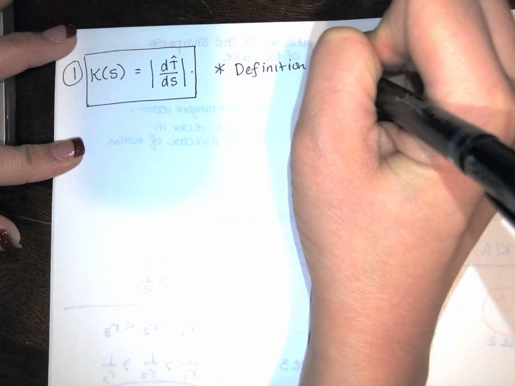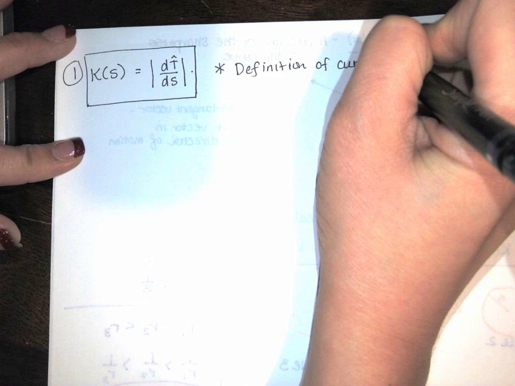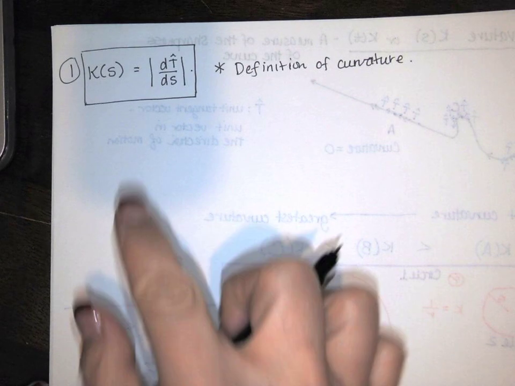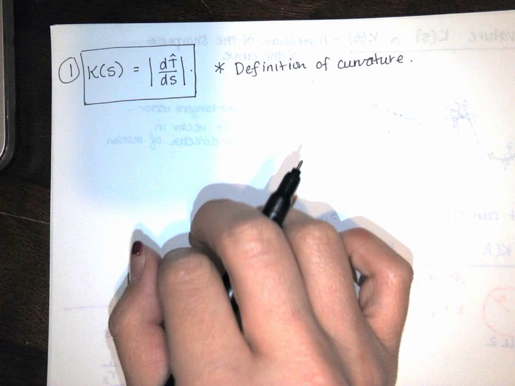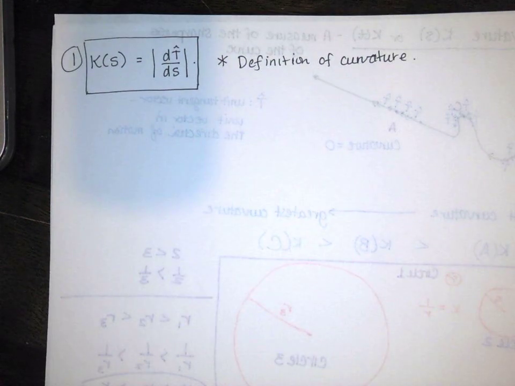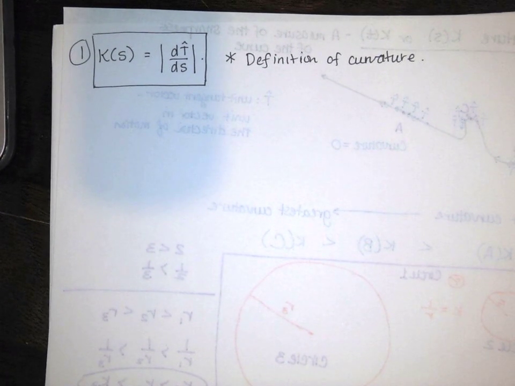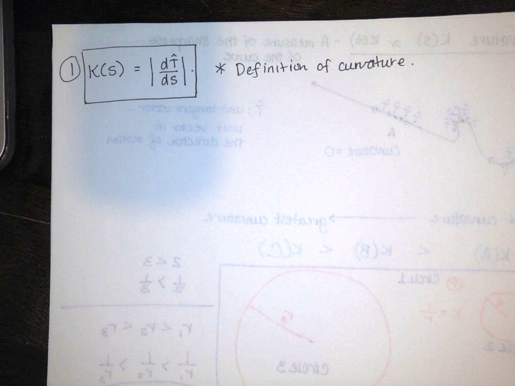But we don't tend to use this formula. Using this formula requires finding the arc length parameter, parameterizing the position in terms of arc length, then finding the unit tangent, then taking its derivative with respect to s. That's a lot of work. So we don't tend to use this. Most of the time we're working with r as a function of t. So we have position as a function of time. So with that in mind,